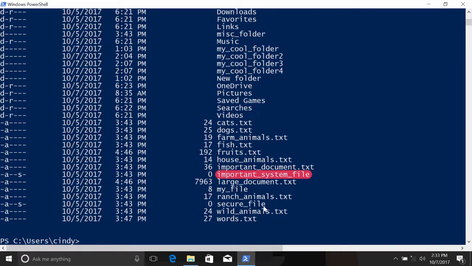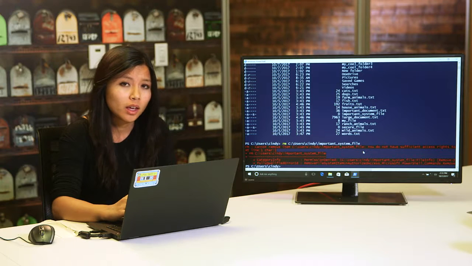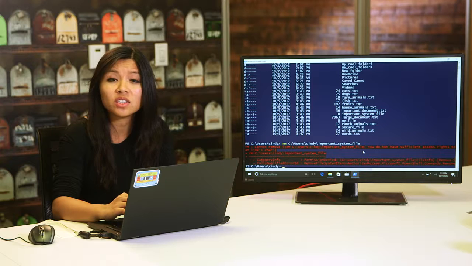The remove command might seem like a dangerous weapon in the wrong hands. Fortunately, there are safety measures in place that only give this ability to users that are actually authorized to use it. We'll talk more about file permissions in a different lesson, but let's take a quick look at what I mean. Let's remove a file called Important System File. Oh, I get an error message saying that I don't have permission to delete this file. In some cases like this one, it's because it's been marked as a system file. In other cases, it might be because I don't have enough permissions in the file system to remove the file. I do have the right permissions this time, but since it is an important file, PowerShell wants to make sure that I meant to do this.